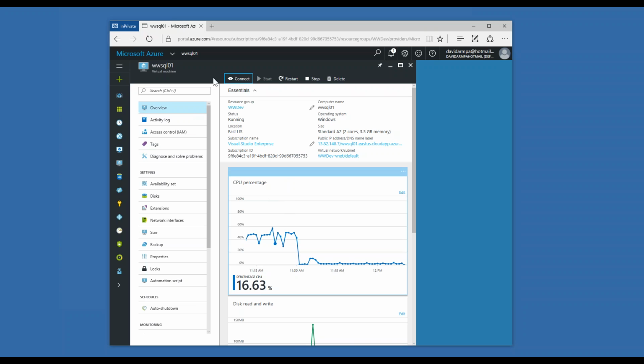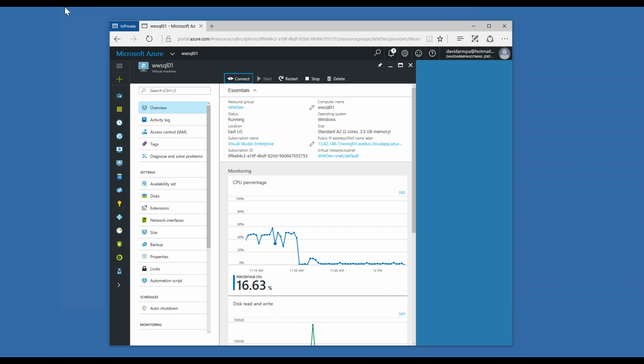I've brought up my instance of the Azure portal that I'm signed into. I'm signed in through my Visual Studio subscription, which gives me about $200 a month to experiment in Azure and try all kinds of things.